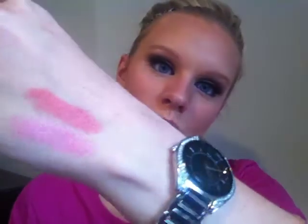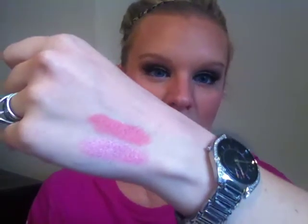A really good version of it, a really good pink tone lipstick, is the Wet n Wild lipstick in Think Pink. Super, super, super cheap. And let me swatch it for you. This is a little bit deeper than that Milani one, but it's still a gorgeous, like, nudie pink lipstick. If I can find a paler pink lipstick, I will tell you guys about that, but this is a really